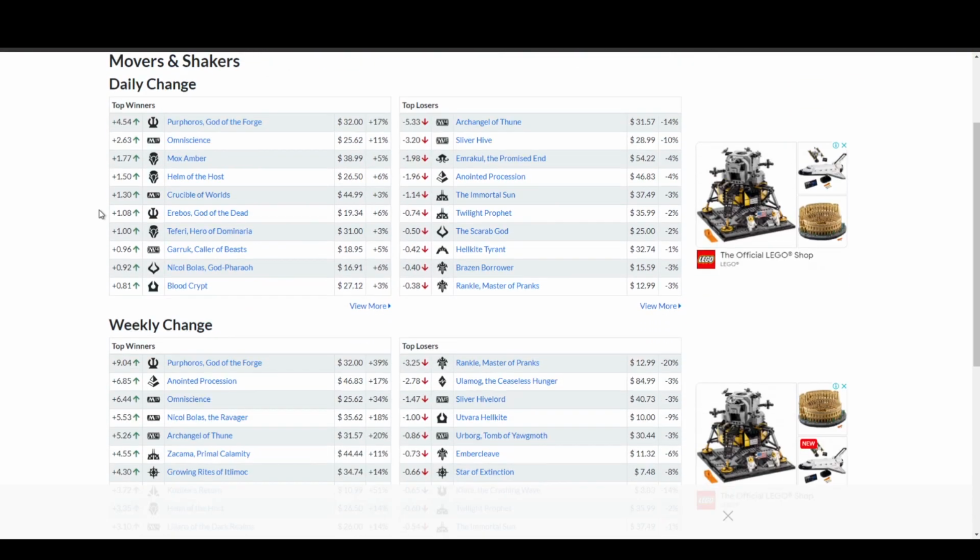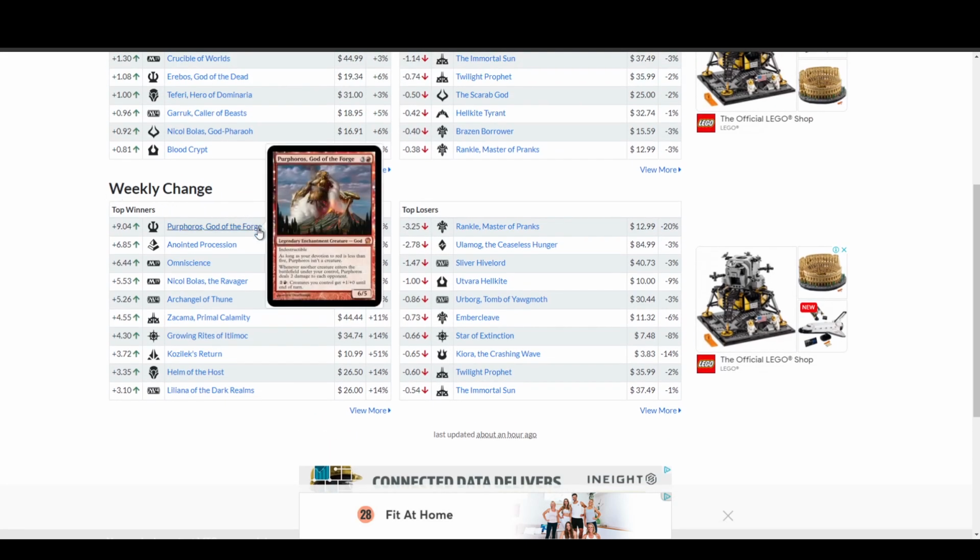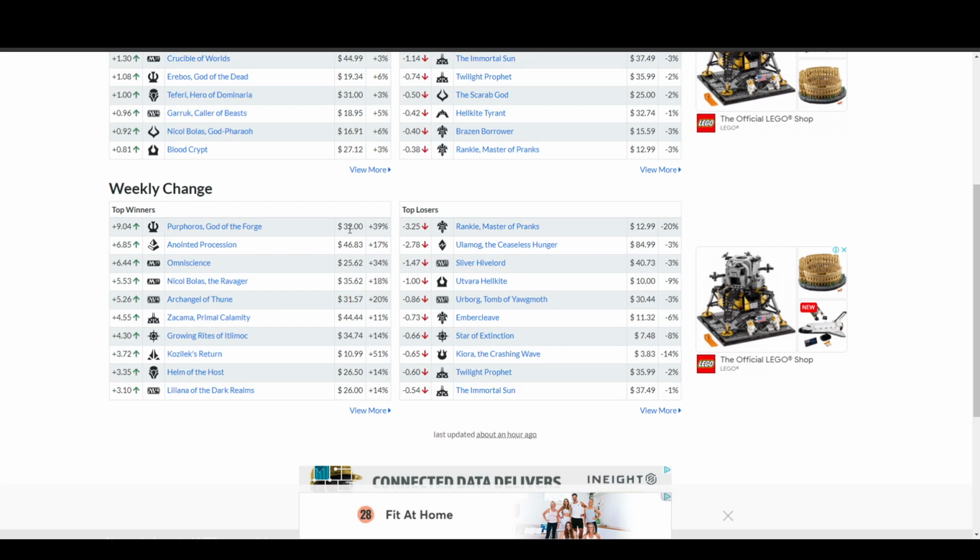Next, Pioneer. We're going to go straight down to the weekly change. Purphoros, God of the Forge, moving up by 40%, almost to $32. Unorthodox Procession, moving up by 17% to $46. Omniscience, moving up by 34% to $25.62. Nicol Bolas, moving up by 18% to $35.62. Archangel of Thune, moving up by 20%,